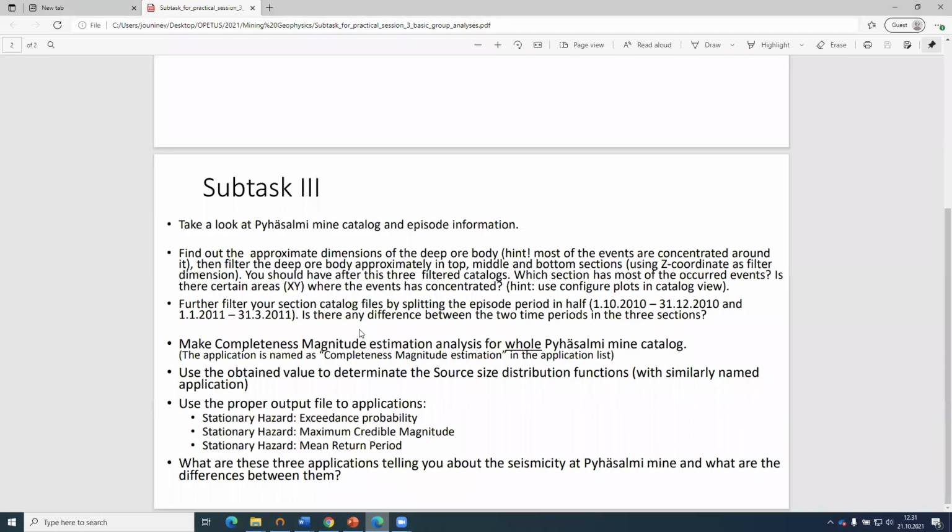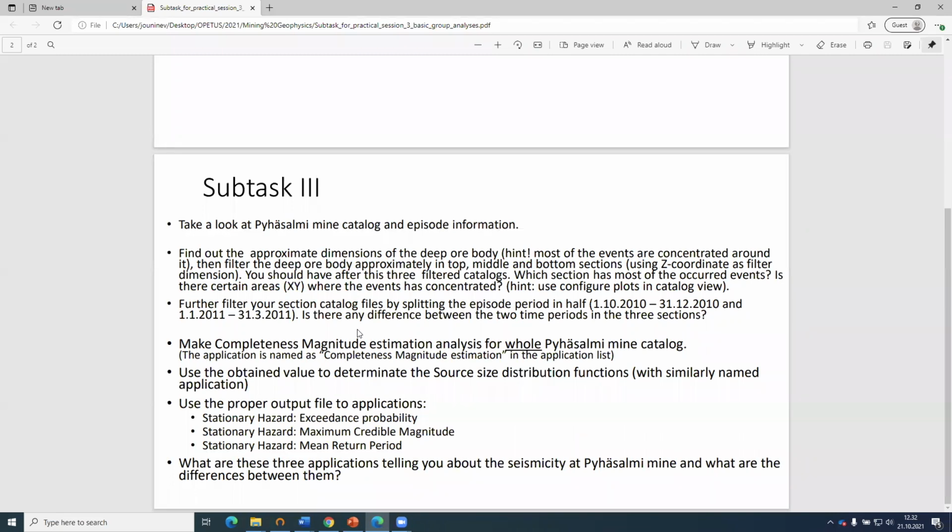The second task was to look more at the Pyhäsalmi mine's catalog and make some other statistical analysis on that. First of all, we need to make this completeness magnitude estimation, which is what we talked about last time: most of the statistical analysis methods assume that you know and have observed all the seismicity in the area. But as discussed last time,